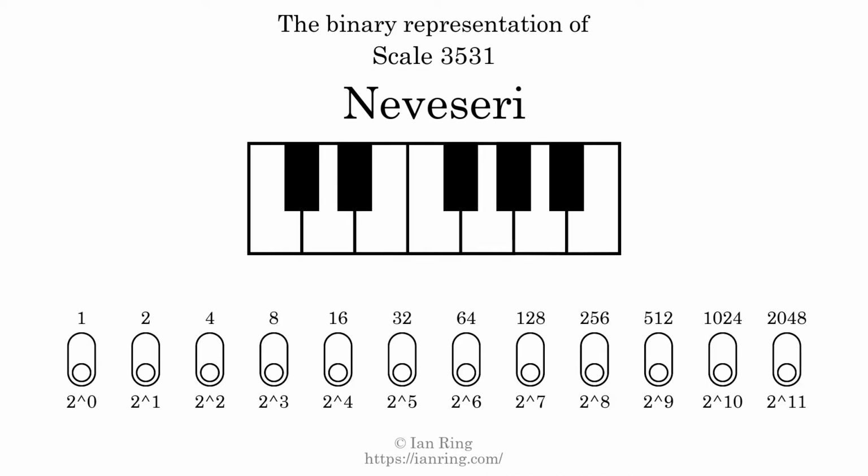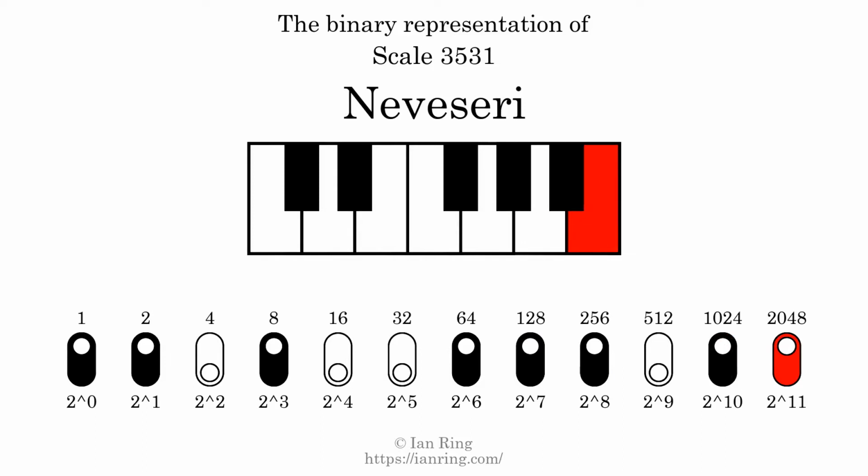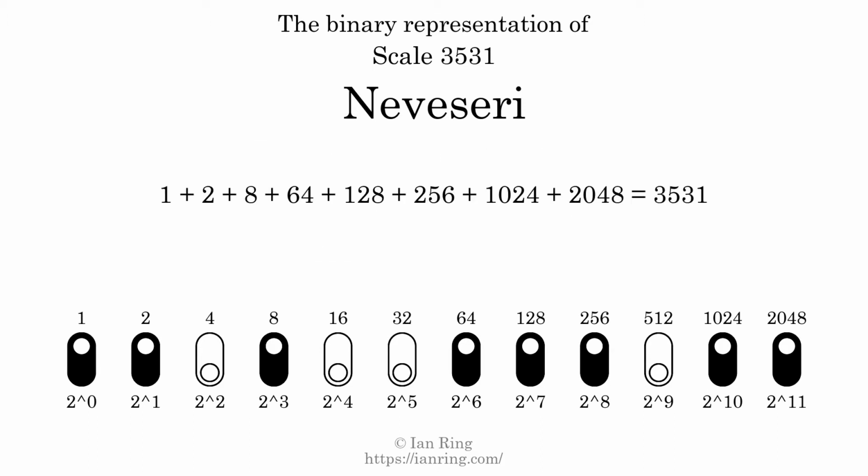The binary representation of this scale is determined by mapping tones of the scale to binary digits. Each binary digit represents a power of 2. To get the scale number, we add the powers of 2 together. The powers of 2 that are present in the scale, all added together, equals 3531. That is why the scale number, in decimal, is 3531. The scale number not only enumerates the scale with a unique index, but it also literally describes the tonal content of the scale. Represented as a binary number in base 2, the scale number is